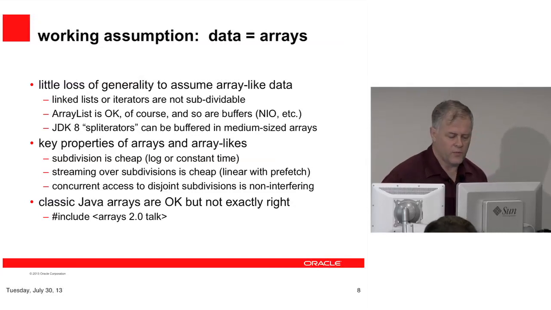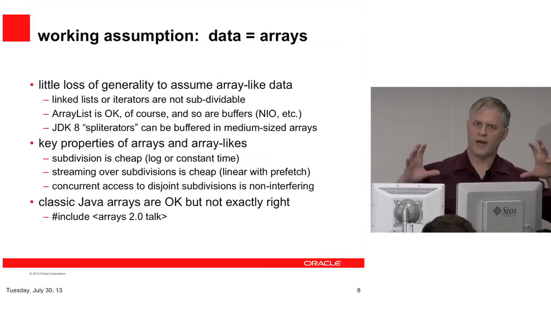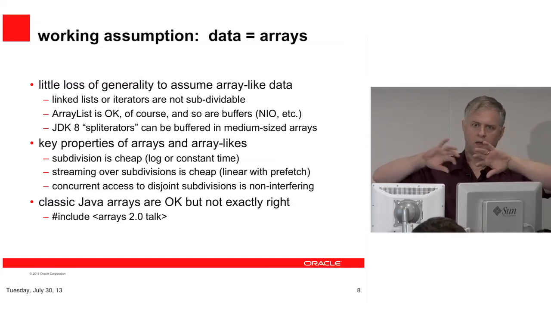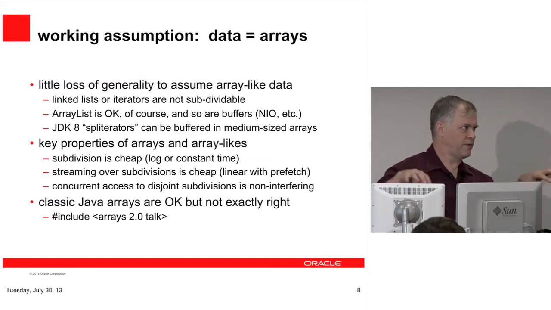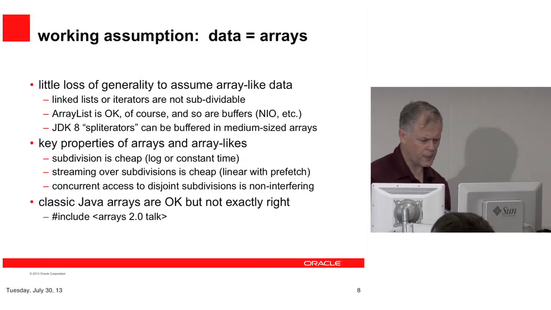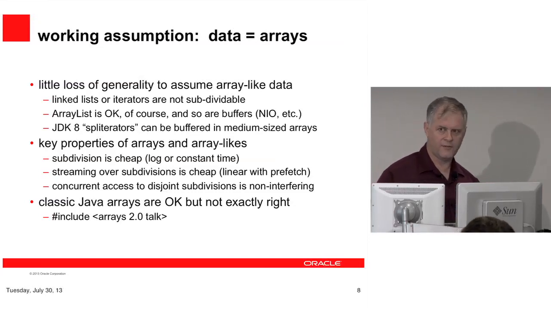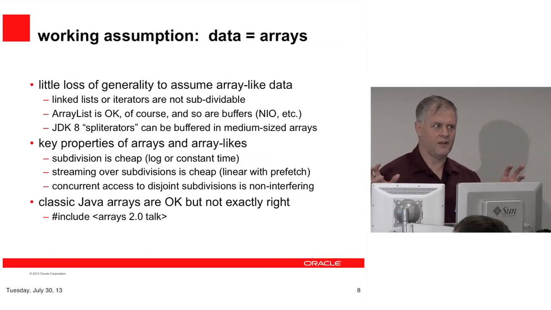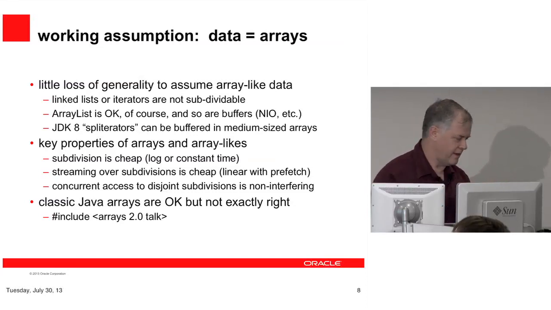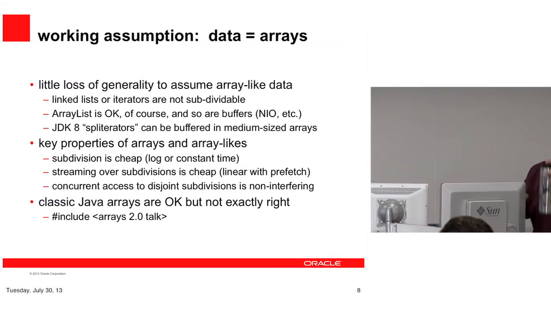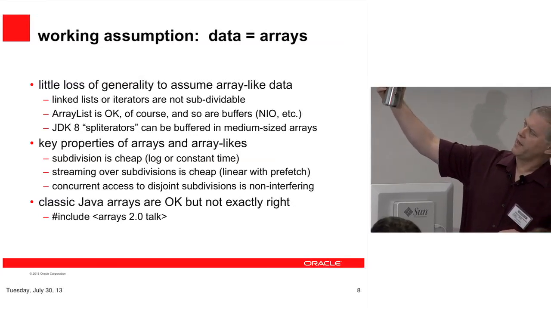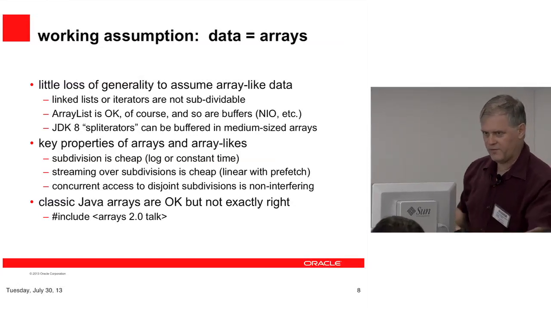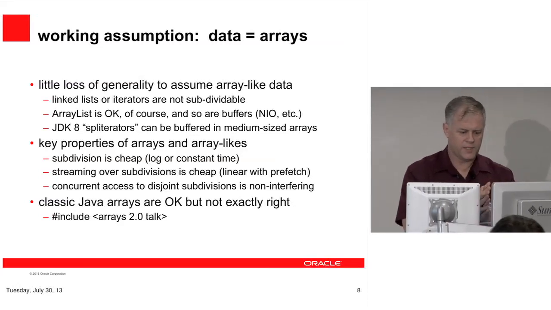The important thing, though, that I want to point out is that we have things that can be split in constant or log time. We don't have to work really hard, like chain down a linked list, in order to do the subdivision trick that was at the beginning of the thesis of this talk. Splitterators, by the way, are just a lovely way of expressing that. And you notice you don't need a splitterator on an array. If you consult the mug here, you will see you can have a splitterator that looks suspiciously like it's processing pasta. But that's an advanced business-only feature.